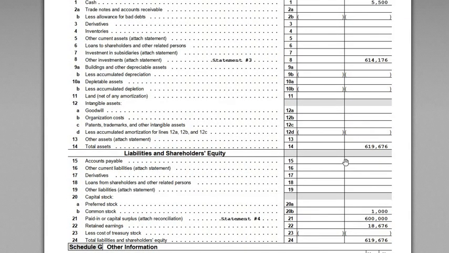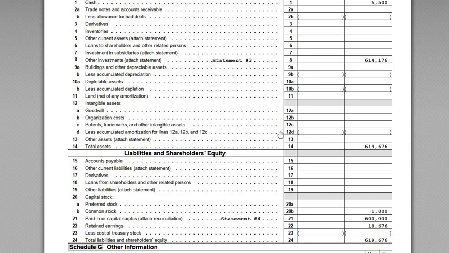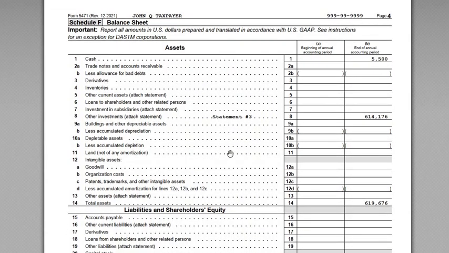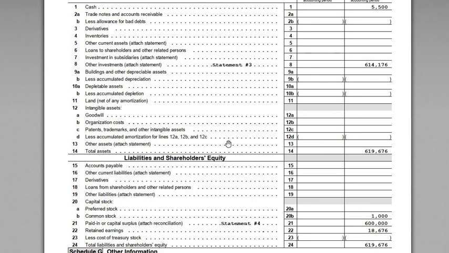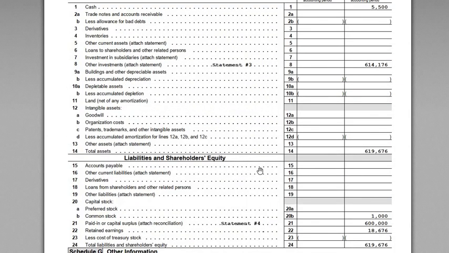And then the balance sheet, everything balances here. We got total assets $619,676, and the same thing with total liabilities and equity. And that reconciles with our figures here, right? $619,676 in total assets and in total liabilities and equity. Okay, so that covers it for the balance sheet. This page 4, the 5471 Schedule F, again, balance sheet item there. And then at the bottom here is where Schedule G starts. We'll go on to that schedule in the next video, but this does cover everything we need to see for